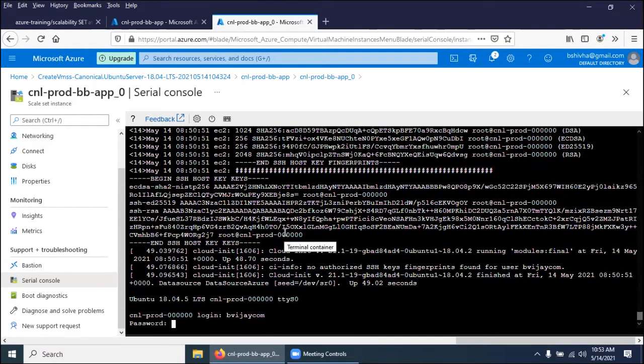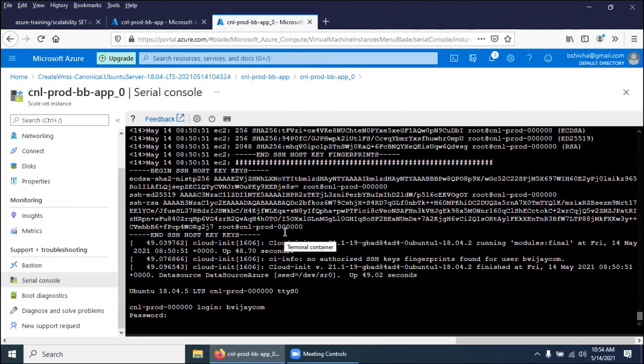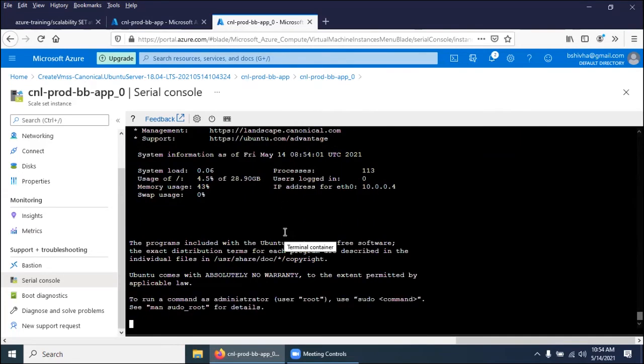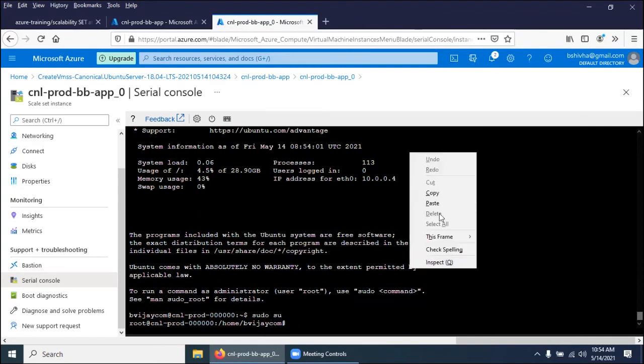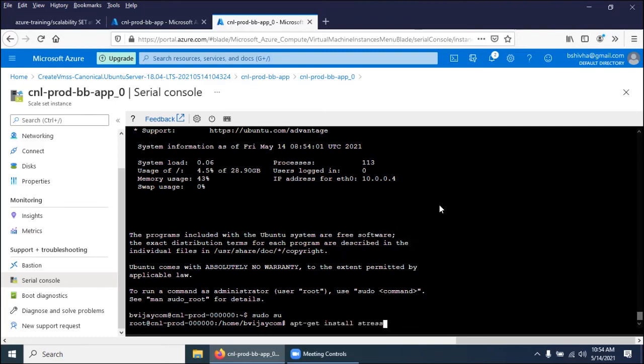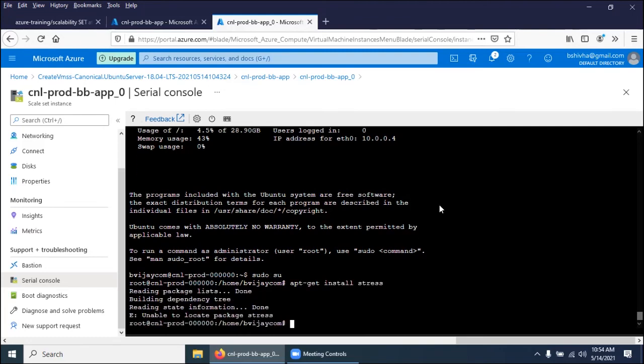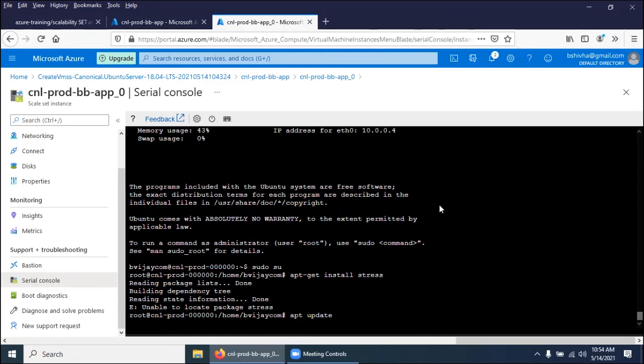So I'm using my created credentials to go inside. So I'm switching over to root. So now let's install stress. Okay, apt update. We will refresh it.